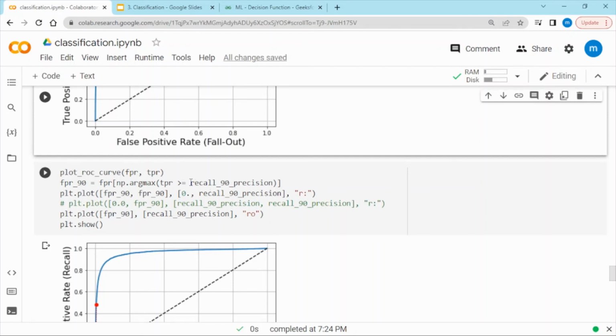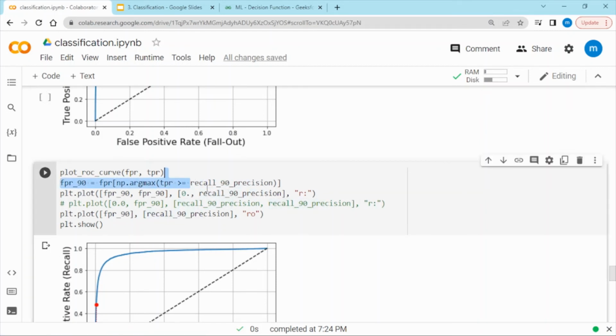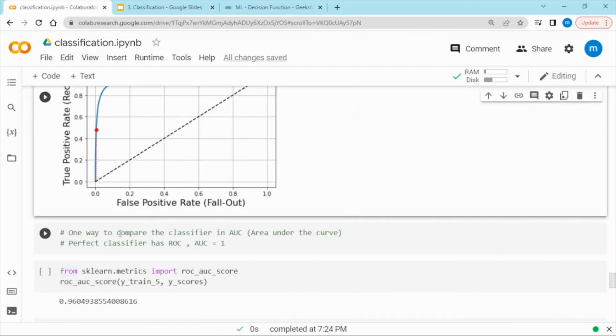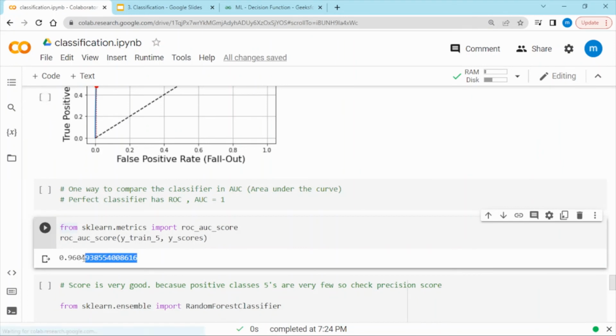recall 90 precision. So with the help of that we can calculate the false positive rate at 90. You just need to pass the TPR which is greater than the recall 90 precision and you will get the FPR 90. When you plot this graph you will get this value. So here you are getting a threshold of 0.45, right? So you can also see the score which is